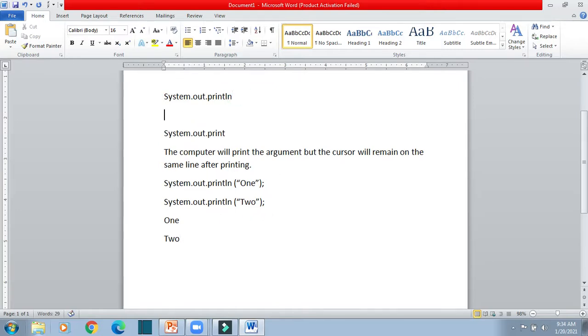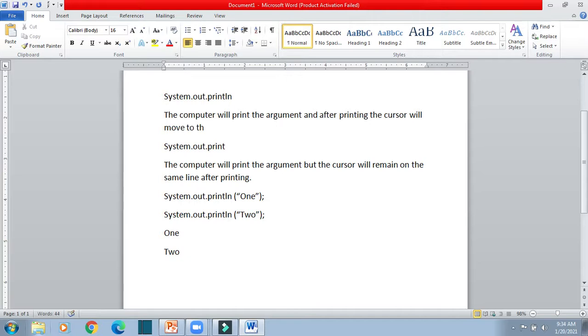So in println, the computer will print the argument, and after printing, the cursor will move to the next line.